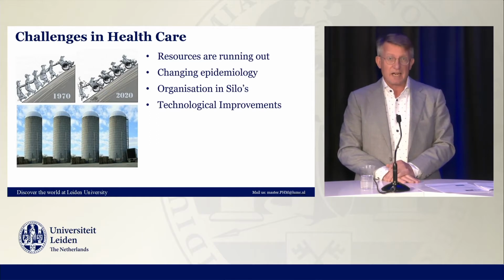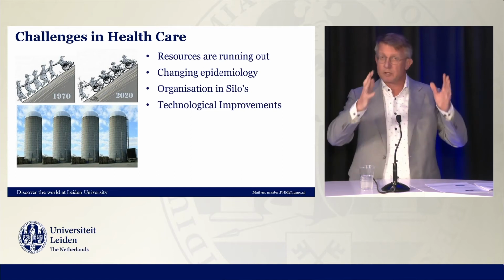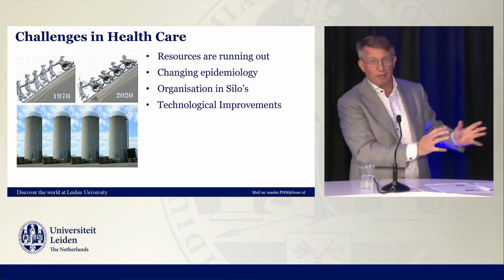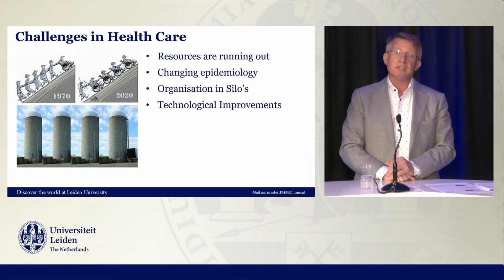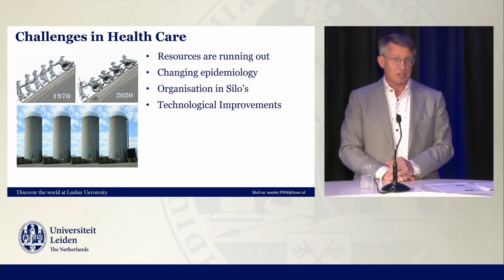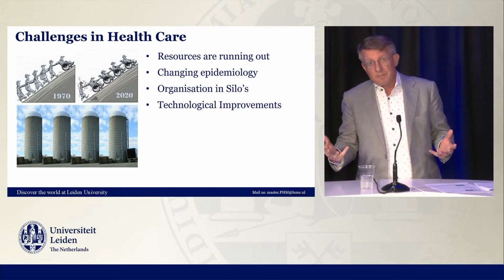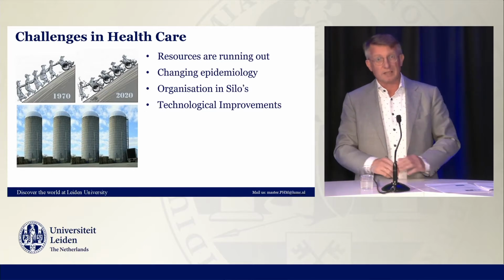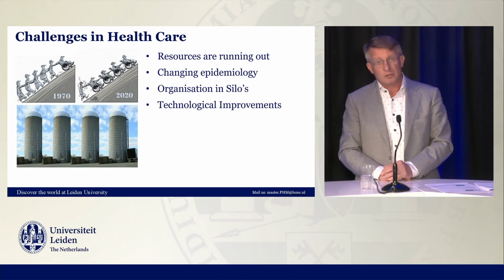Unfortunately, we have organized everything in healthcare into silos. So we have everything specific for a hospital, specific for general practice, specific for municipalities, and then we have the health insurers or the payers or the government, and everything is organized in silos, and every silo has its own governance structure. So it's a challenge to get everything connected because, especially because of the multimorbidity, people are getting more and more complex needs, and that needs another organizational structure.